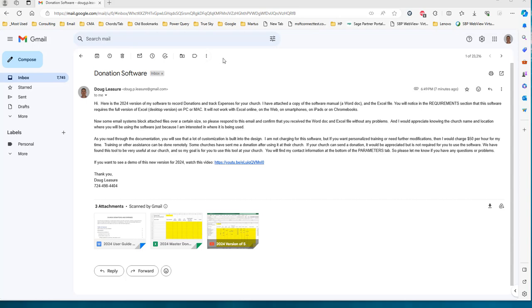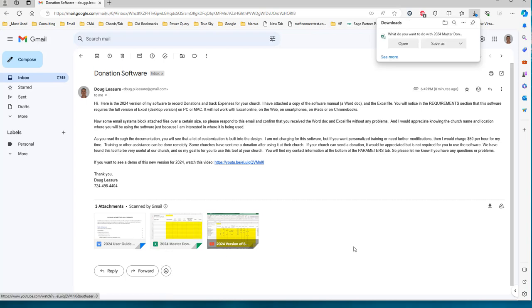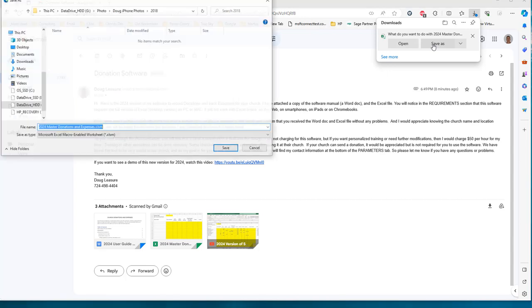I'm using Gmail here, and if I just double click on it, Gmail is going to try to open it and convert it to a Google Sheet. We do not want that to happen. We want to download it as it is, as an Excel file. So find the option, whatever your email system is, to download it. So let's click on that, and in this particular browser that I'm using, Edge, we do a save as, and